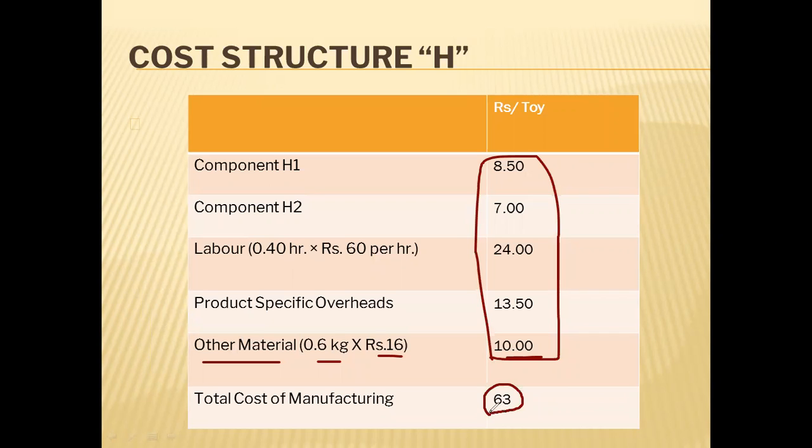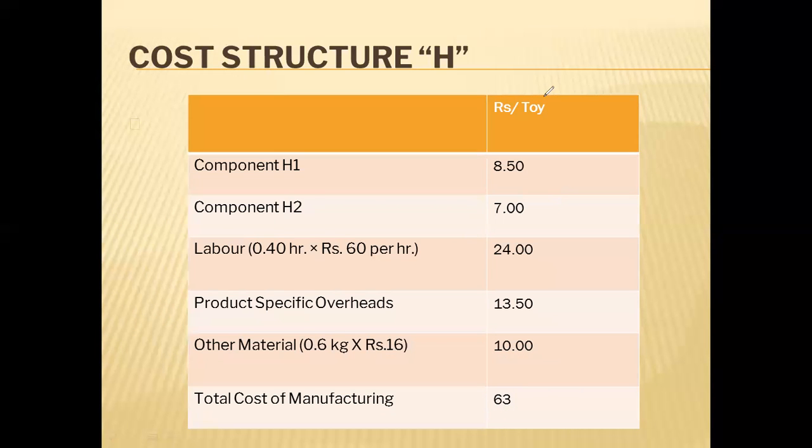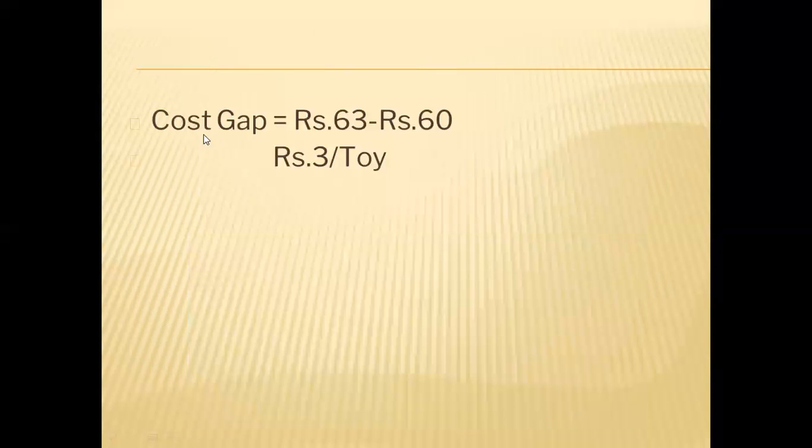It is 63 rupees. And our target cost was how much? 60 rupees, no? So now, should you produce this product or not? If you manufacture at 63, then it will be at a disadvantage because the target cost is only 60. Understood? So you should not produce this product. Once the actual cost is more than the target cost, you should not produce this product. So this is the concept of target cost.